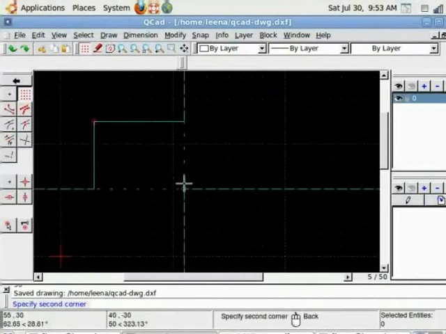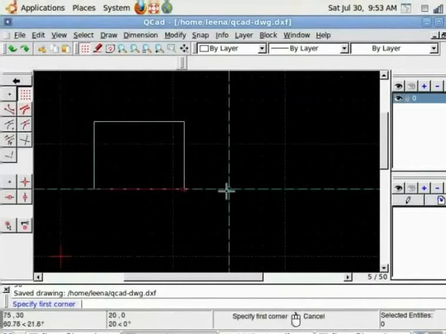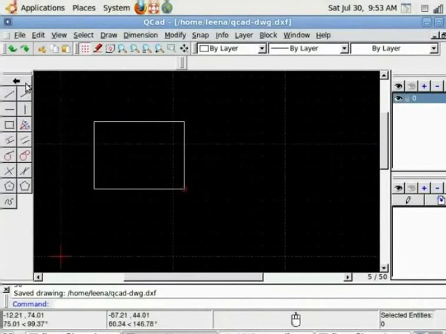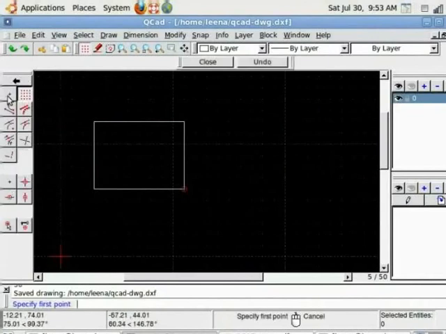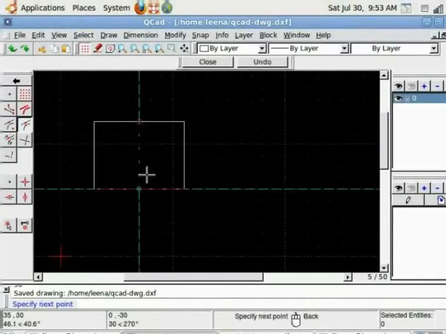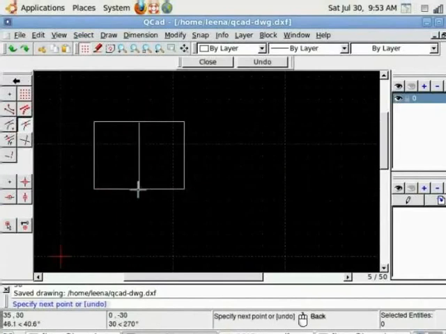Rectangle is drawn. Double click right mouse button to come out of that command. Now we want to draw a line exactly in the middle, cutting it in two halves. This is where snapping options will be useful. Let's go click on line with 2 points. Now from the grid option, since I want it exactly at the middle, I choose snap to the middle point. And I go on the top line. Notice it is snapping exactly to the middle point of the top line. Click there. Go on the bottom line. Click again. The line is drawn, cutting the rectangle in two halves.